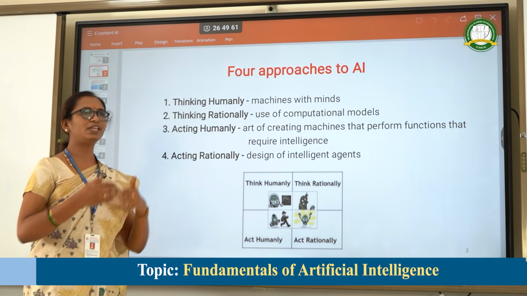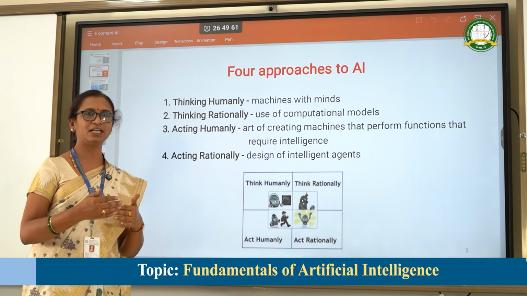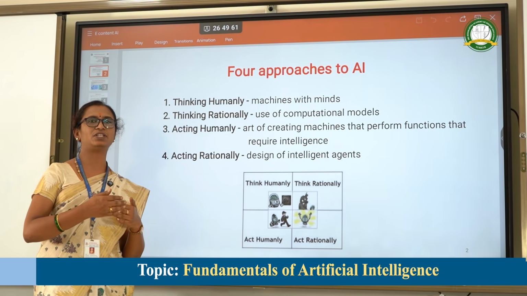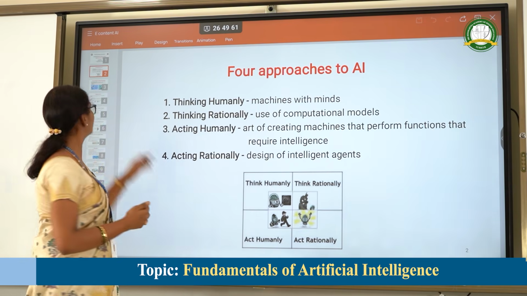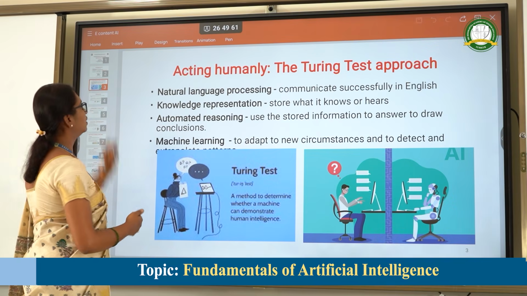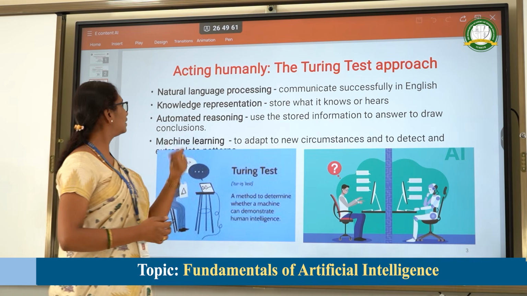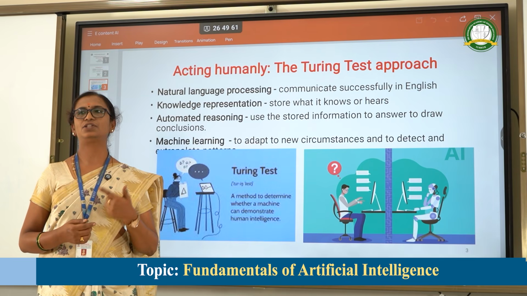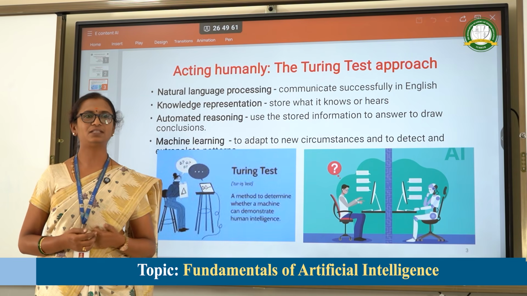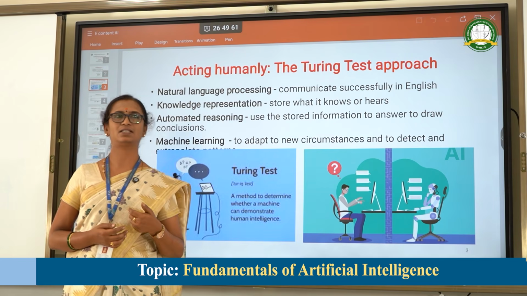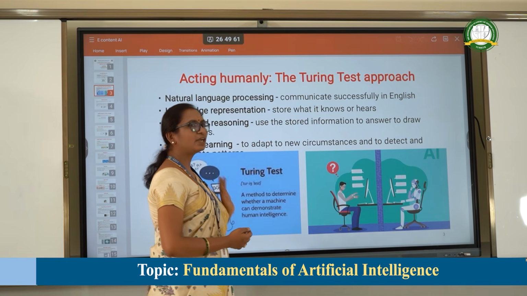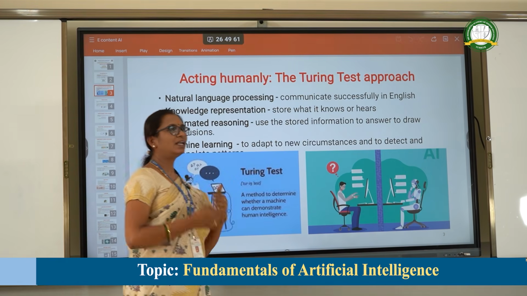So we'll look into each of the approaches in detail, how we formulate and what are the basics in which each of them will proceed. So coming to the first one, that is acting humanly, this is also known as the Turing approach. Here, Alan Turing, a scientist, somewhere in 1960s, designed what is called a Turing test, wherein an individual